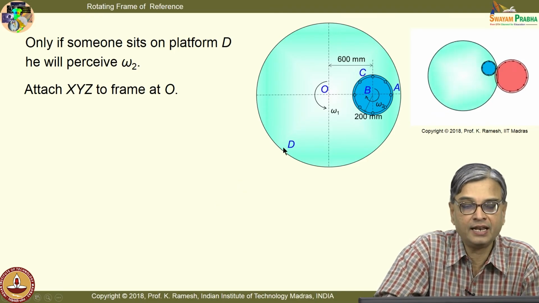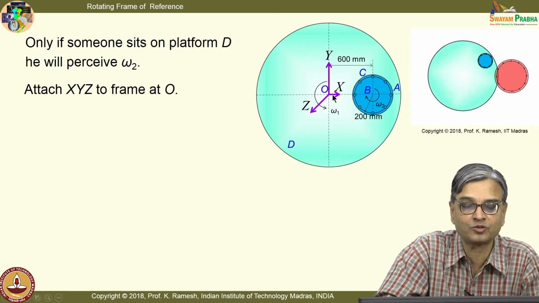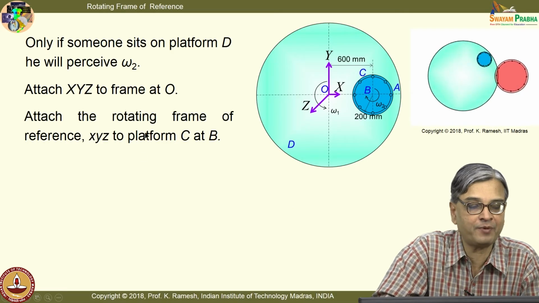And then I would attach, for convenience, this is also I have done it for convenience. I have not put it with the same equal length because if I draw it bigger, it will go and hit this diagram. So, it is put short for the neat looking. Attach the rotating frame of reference at point B